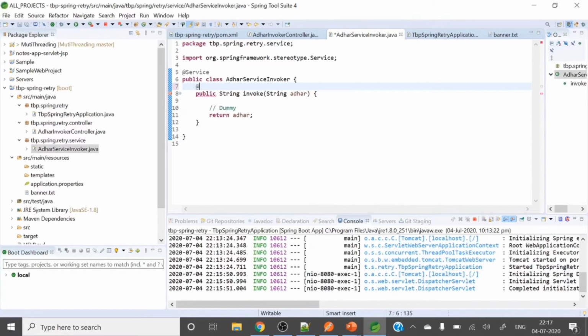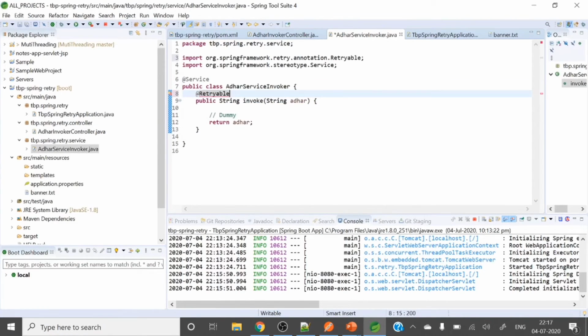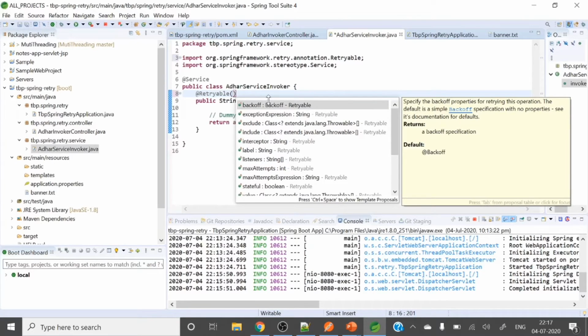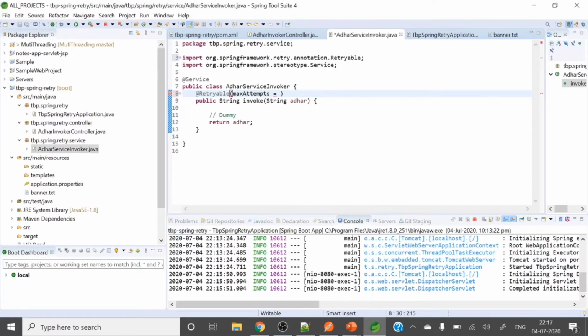One annotation is there, @Retryable. And here you can see, control space, maxAttempts, right? So maxAttempts means how many times you want to retry. Suppose I want 3 times.